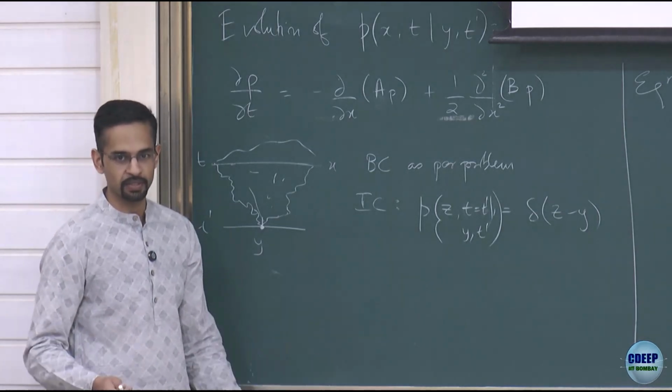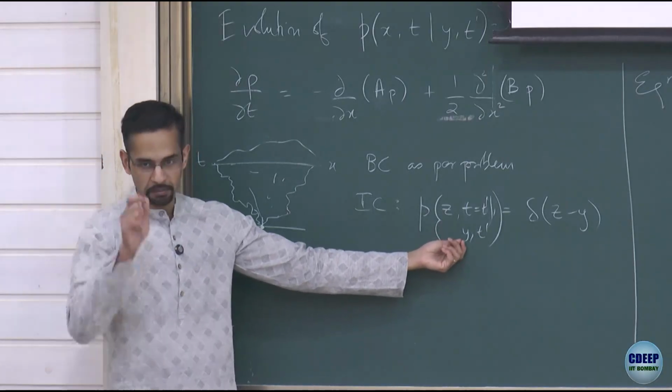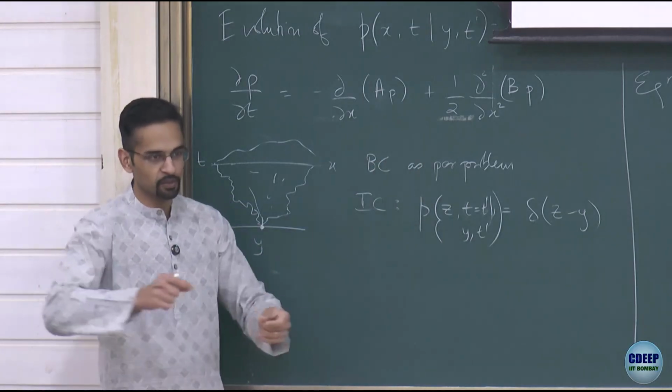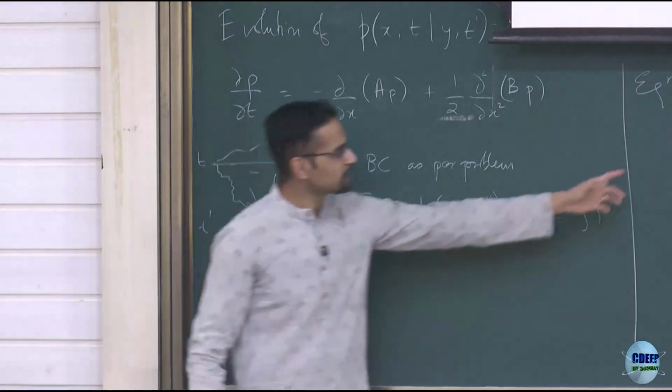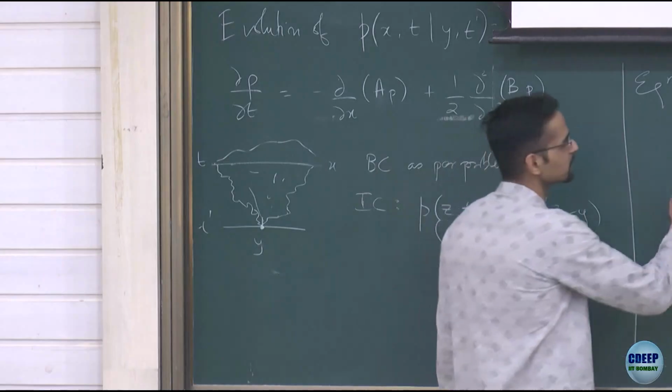I can use superposition. So it's like saying I know that if I have a Dirac delta at y, like a spike at y, I know how it evolves. So now if I take spikes of different strengths and do an integral over all of them, I should get the general distribution. Okay. So formally, a way to see this